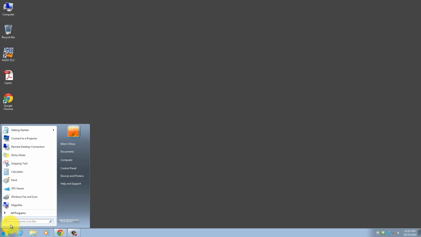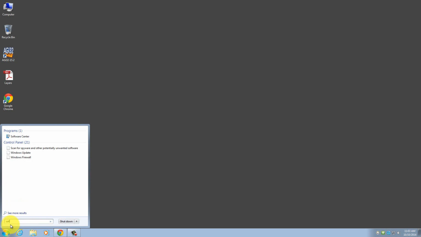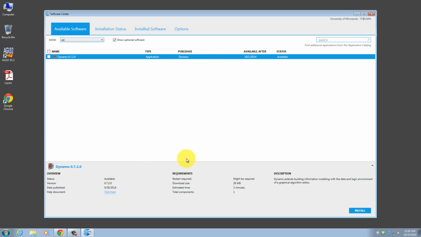So if you click Start, and down in the search menu, just type Software Center, and it'll be a program that pops up. And so this screen will show all the available software that's currently not installed on these computers that you can install. How Software Center works is it doesn't attach the installation to the image that's already on the computer. So every time you reset the computer, you're going to have to reinstall it. But this just allows quick deployment of rapidly changing software to be constantly updated. So if you click the checkbox next to Dynamo on the left and then click Install Selected,